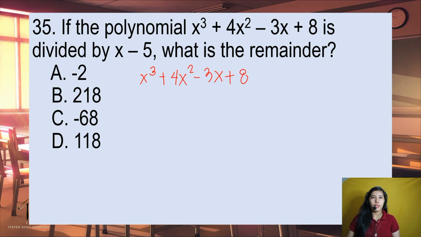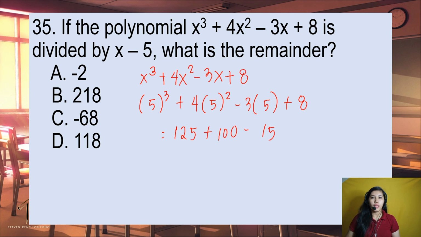So substitute the 5: 5 cubed plus 4 times 5 squared minus 3 times 5 plus 8, and this is gonna be 125 plus 25 times 4, that's 100, minus 15 plus 8, and that's equal to 225